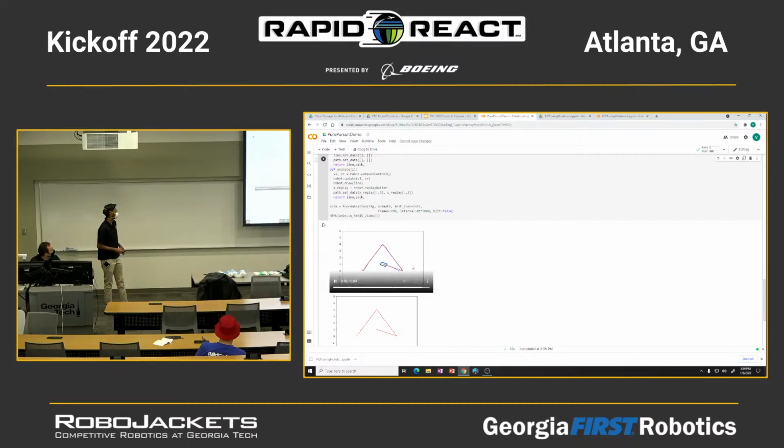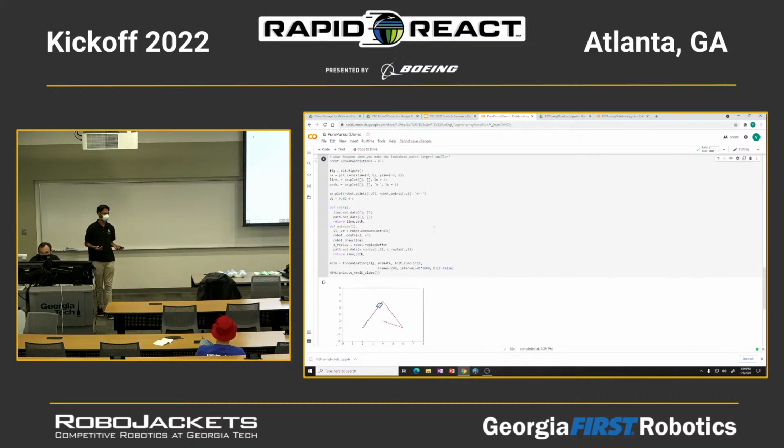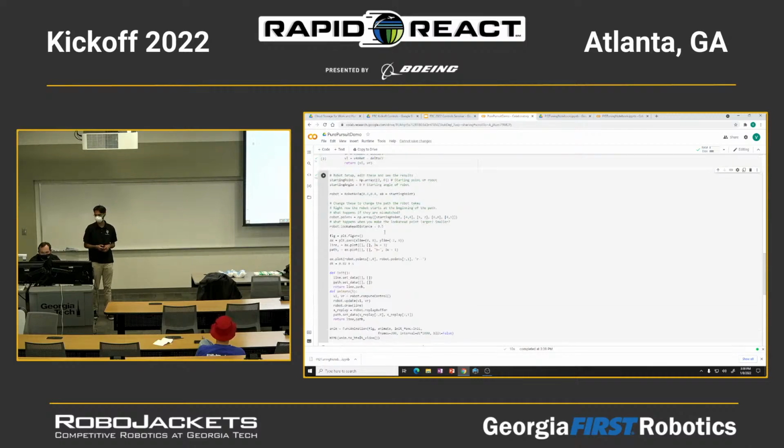But you can see that the robot kind of makes arcs at each of the points, but for most of the segment, it travels perfectly along the segment. And this is actually good behavior, since you can get a smooth transition from one segment of the path to the next one. So now let's try to tune really the only tunable parameter in the pure pursuit control, the look ahead